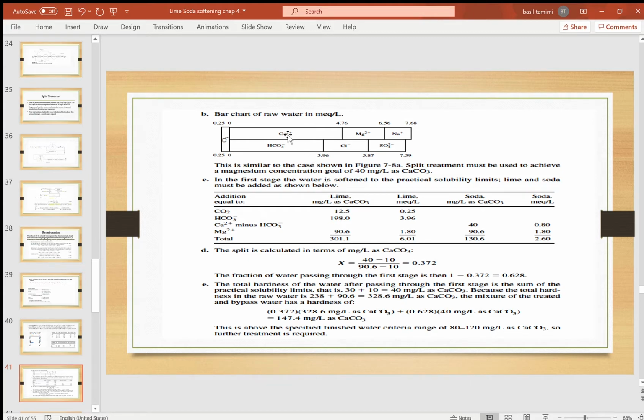we know, as you can see from the bar chart here, even if we convert the bicarbonate to carbonate, we have non-carbonate calcium hardness remaining, which is here. It goes from this line up to here. Of course, now the bar chart is represented in terms of milliequivalent per liter, but we are not using this. Please, all the time, draw your bar charts with the concentration in milligram per liter as CaCO3. Anyway, after converting all the bicarbonate, we will have non-carbonate calcium remaining. Okay, the difference between